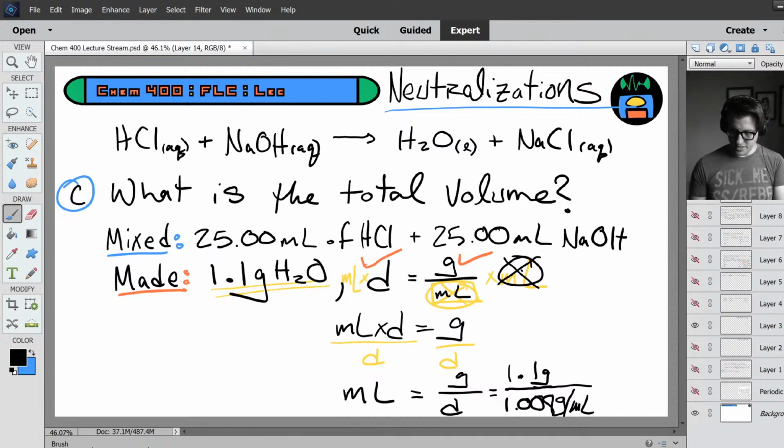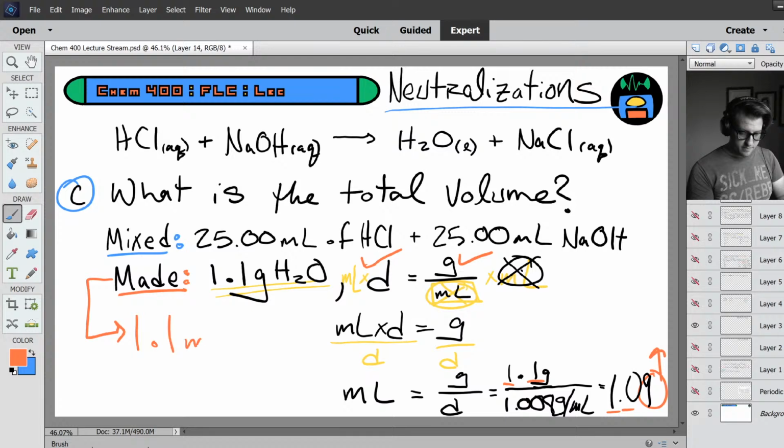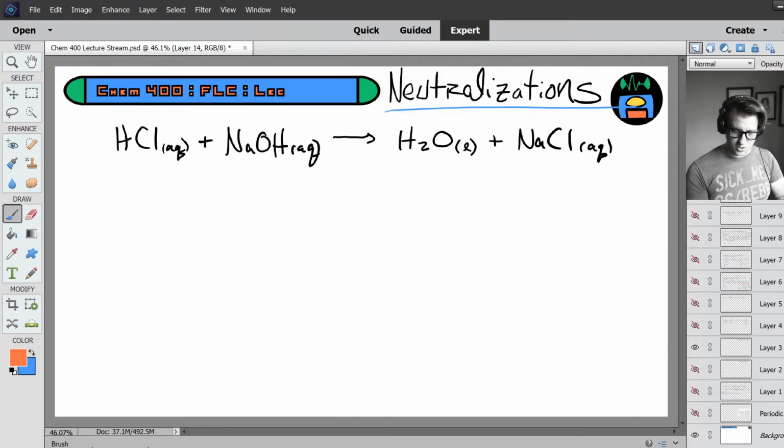1.1 divided by 1.008 is 1.09 milliliters. Let's see, I'm a little crowded here. But you'll notice we can only keep 2. And when you round this 9 up, it's going to become a 1. So we have made 1.1 milliliters of water. So now we can calculate our total volume,